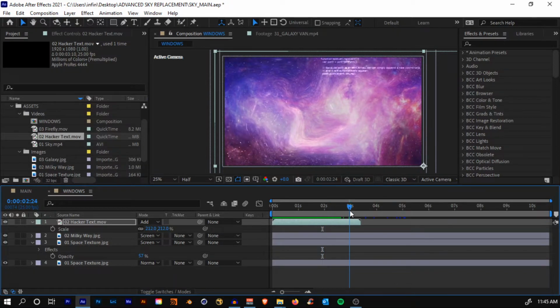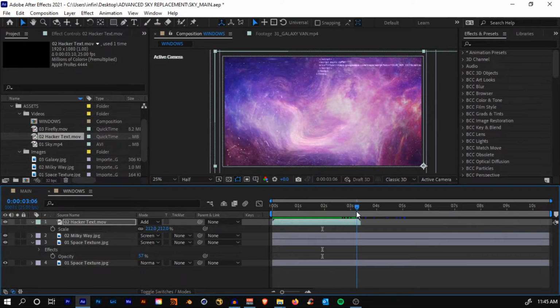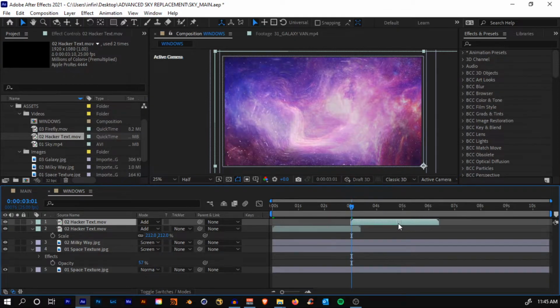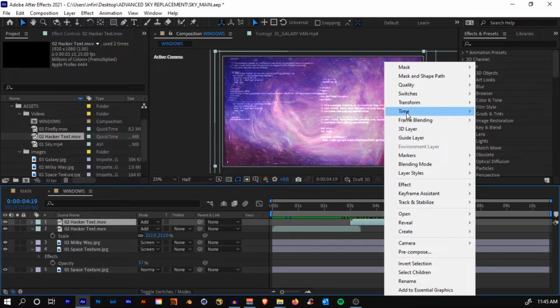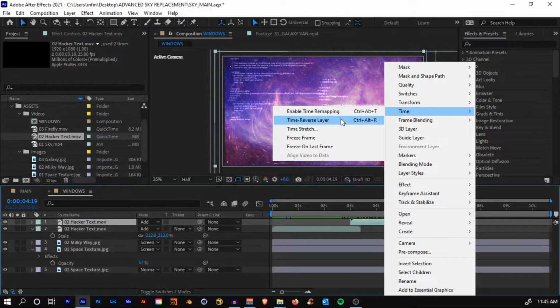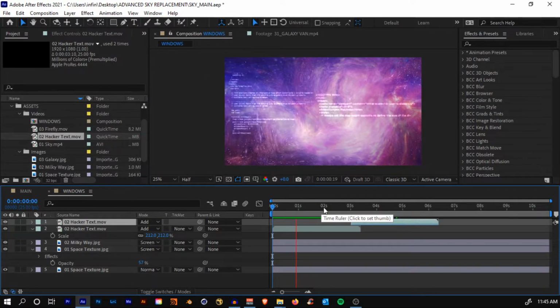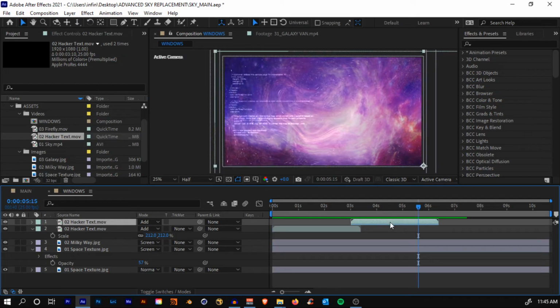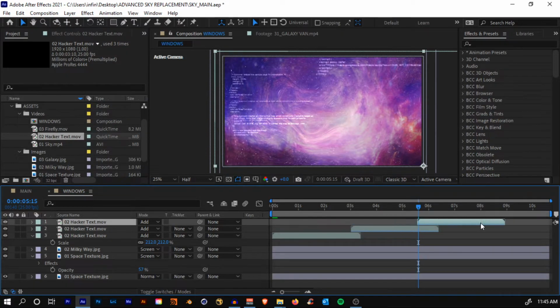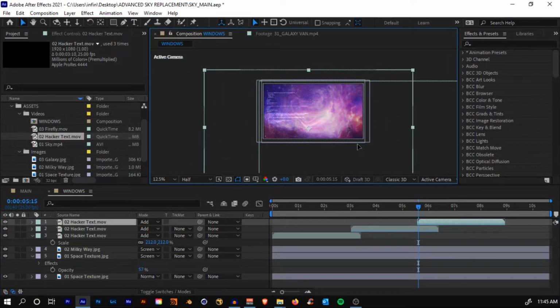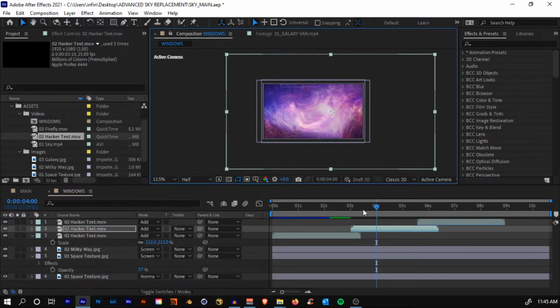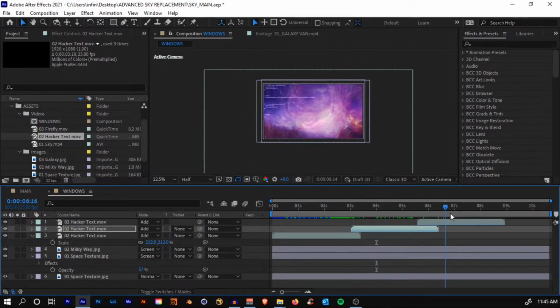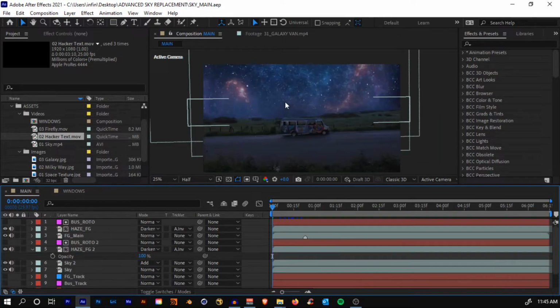And now you'll see that the footage is too short, so it ends at the 3-second mark. What we can do is just hit Ctrl D and get this thing here and just flip or reverse it, time reverse layer, so that it's not the same throughout, something like that. Hit Ctrl D again and just move it to the side, and this time just scale it up or move the layer around, just randomize the layers. So we have this comp ready.